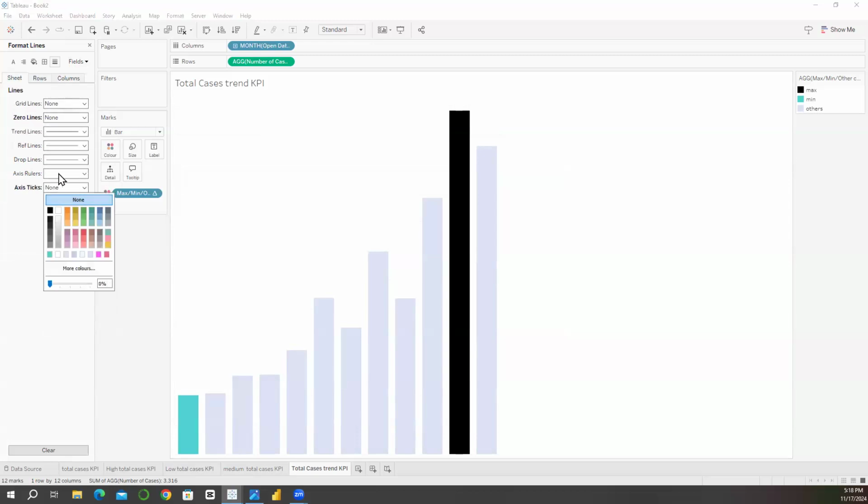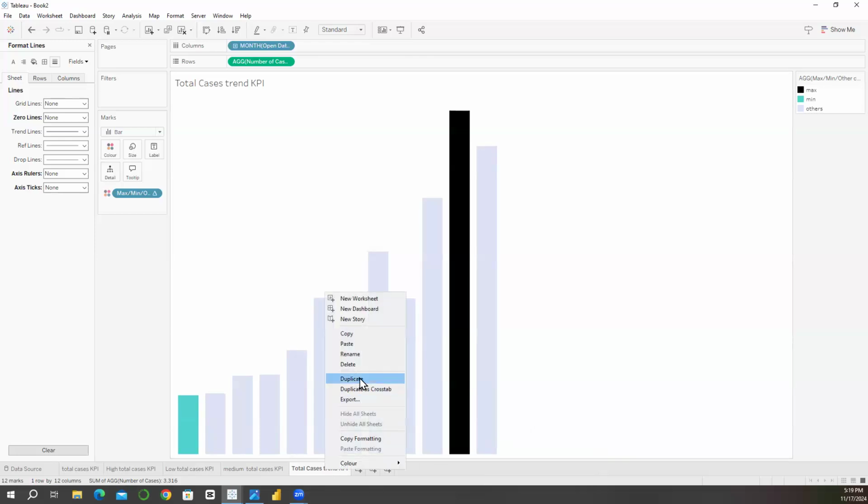So I can just click on sheets or yeah. So now it is done. So now we are done. We are done with the total cases trend. So we are going to duplicate that sheet 3 times and use the filter as we did before. So just duplicate it